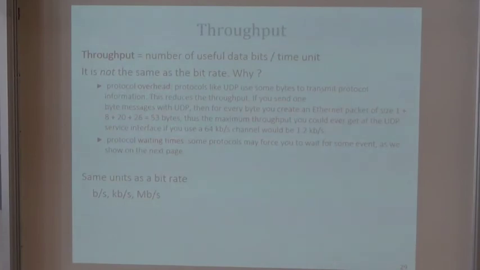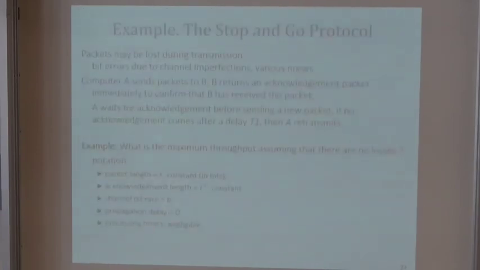Well, it's explained here. One of the reasons is the protocol overhead. When I transfer an IP packet, there is an IP address. The IP packet, as we will see, is inside a MAC layer packet that has also a MAC address. All of this takes space, takes bits, so we lose a few percent, typically 10 to 15% of the transmission capacity is wasted by those overheads. The larger the packet, the less the overhead. The smaller the packet, the more the overhead is in proportion. But another thing is the protocol inefficiencies that I will illustrate not on the pigeon example, but on the example of the stop-and-go protocol.